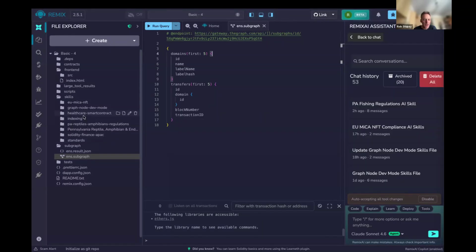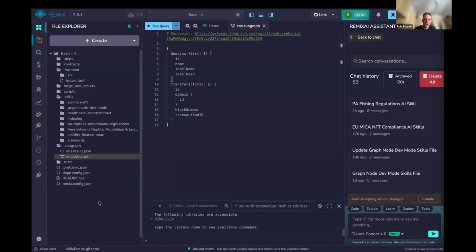Okay, another thing here, and I think we'll start getting to skills now: if you load too many skills, like I have in this situation, and they're all about different stuff, it's going to confuse the AI. So you should keep track of your skills and not have too many in the same workspace, because the AI assistant is going to read through the File Explorer to get more context if you ask it a question.